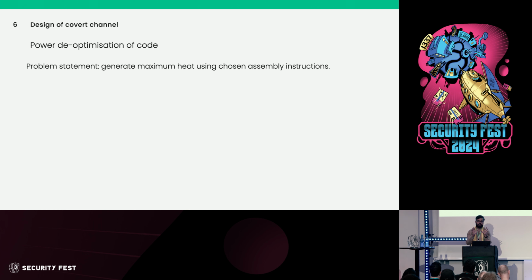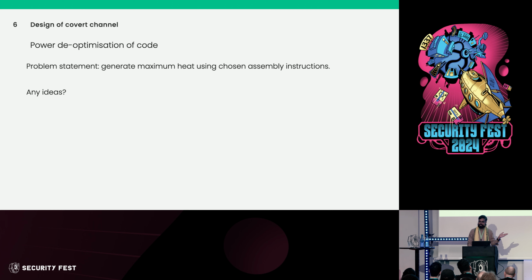We generally read about optimization things. We want to optimize for memory consumption. We want to optimize for load on CPU, for storage, for bandwidth. But here we need to go opposite. We want to de-optimize it as far as possible. Because we do not want to run the CPU cool. We want to run it hot as it can go.